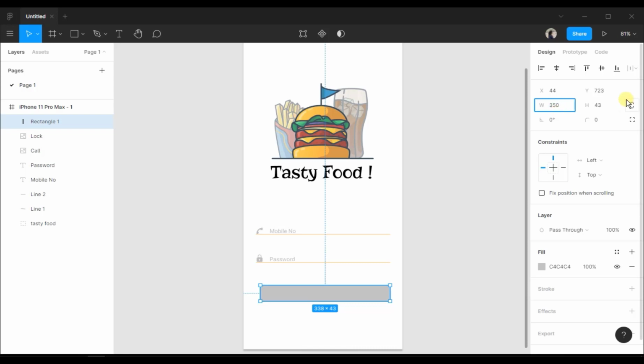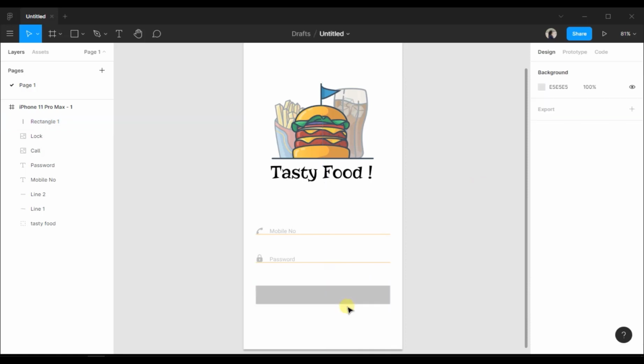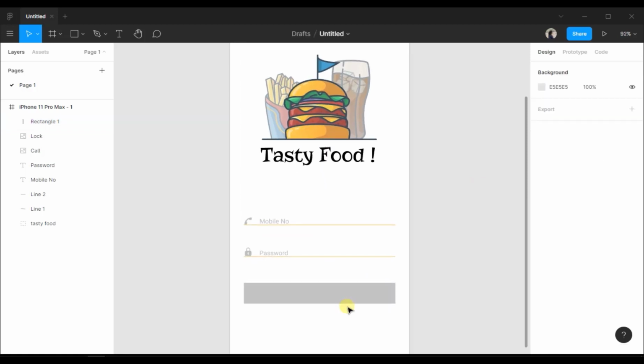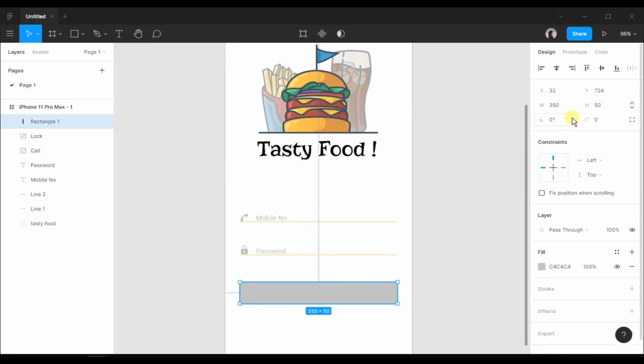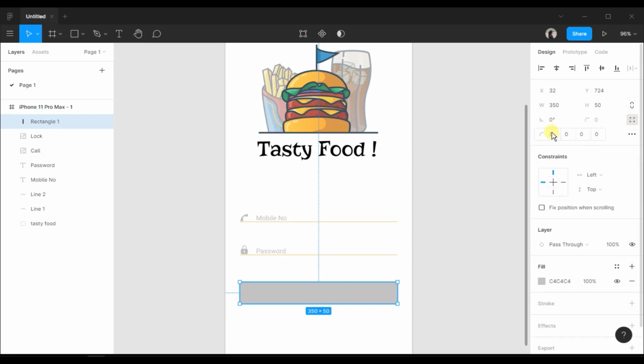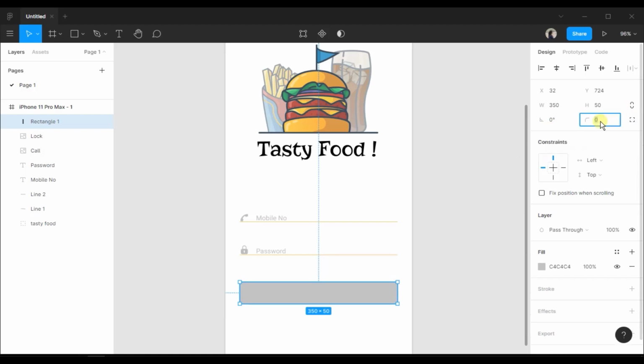Now we need a sign in button, so let's take a rectangle. Say 350 by 50. Now I want the curved corners for this rectangle, so select the rectangle and add the value here. You can also add values manually over here. If you click here, as you can see, you can add the values for each corner manually. So I will add 15.